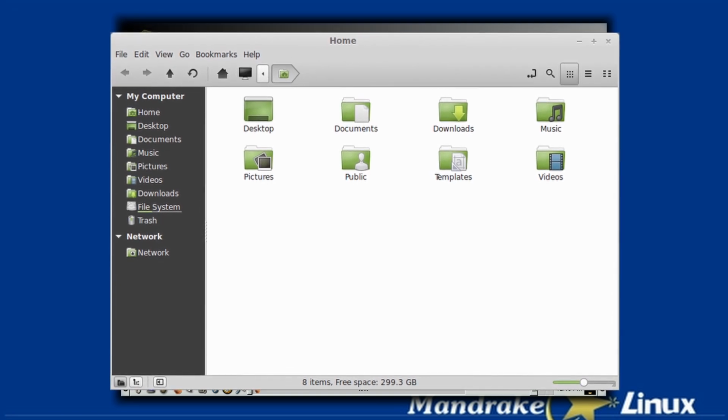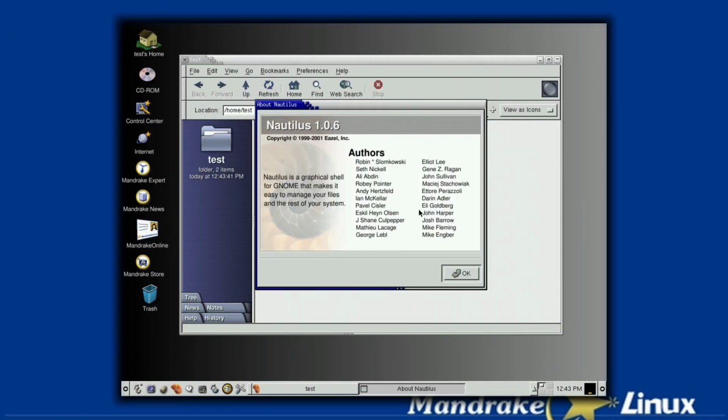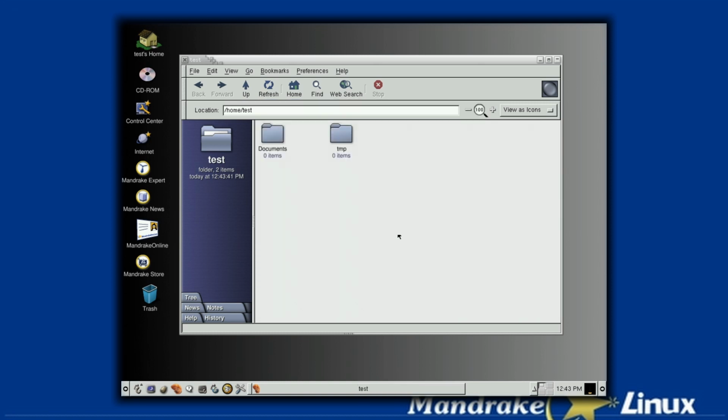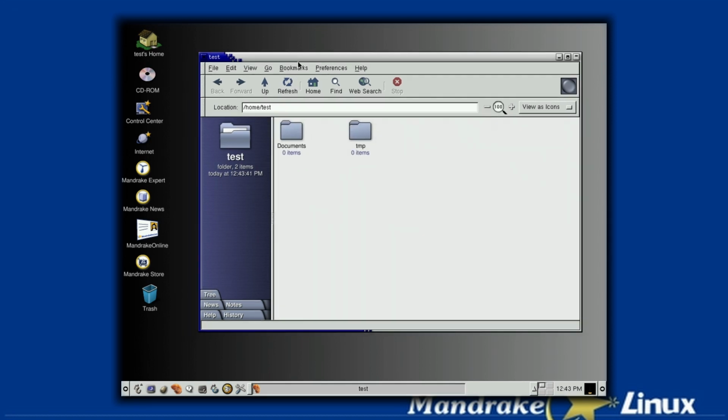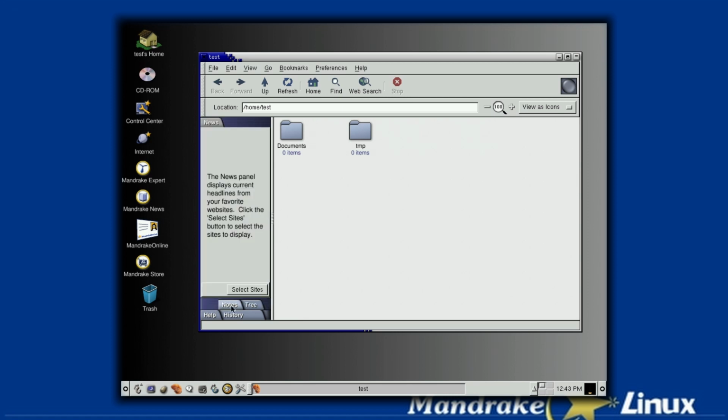Nemo is a better representation of what Nautilus was back then, if you want a modern representation. But I love this. We go in here, we have a tree, we have news, we have notes, we have help, we have history. I honestly believe that this is actually a better file manager than Nautilus, than Files in